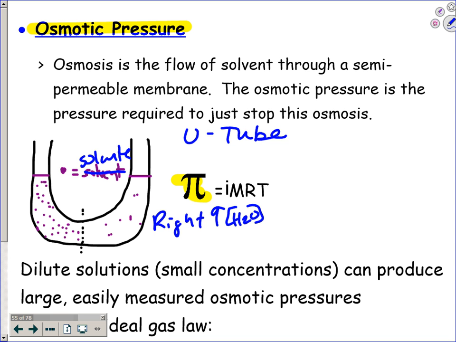So which way will osmosis occur? To the left, to dilute the sample over here. So that makes sense. But when will it stop moving? When you have equal concentrations on this side and this side. That would be what we call the osmotic pressure. It would be the pressure we'd have to apply on this side to stop the water from flowing. But more importantly, how do you calculate osmotic pressure? It's related to